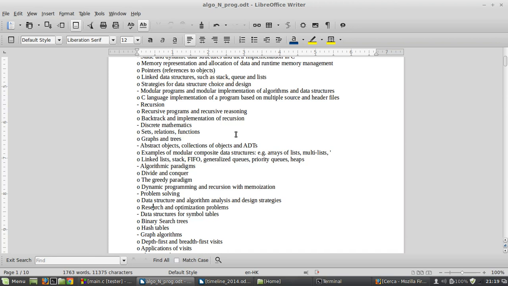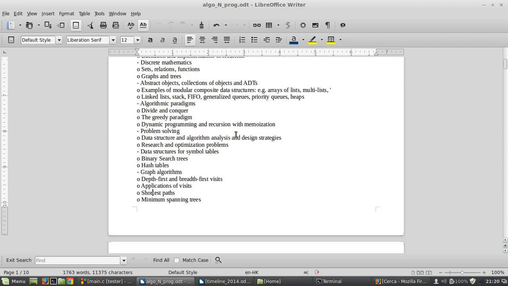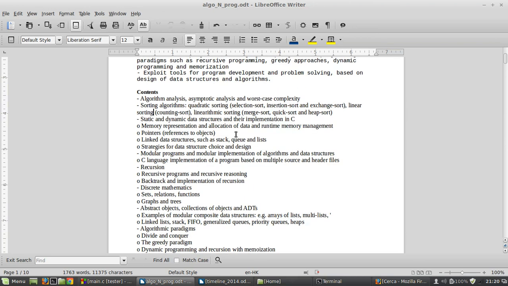So also you have problem solving techniques like data structure and algorithm analysis and design strategies, some research and optimization problems, data structures for symbol tables, like hash tables, binary search trees, right? And graph algorithms like depth first and breadth first visits. So applications of visits and shortest path, minimum spanning tree, such will be the topics that will be discussed